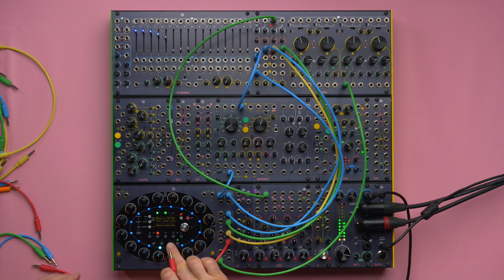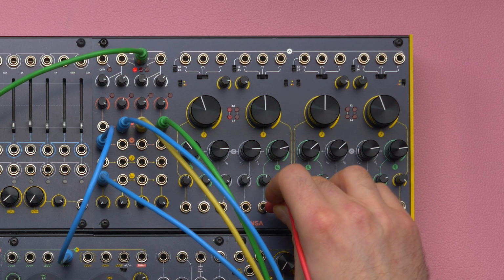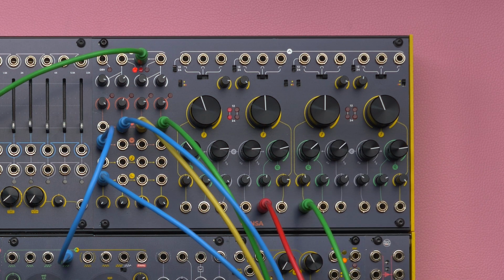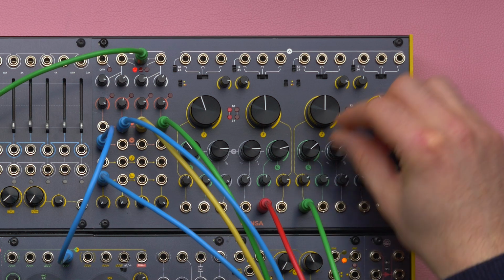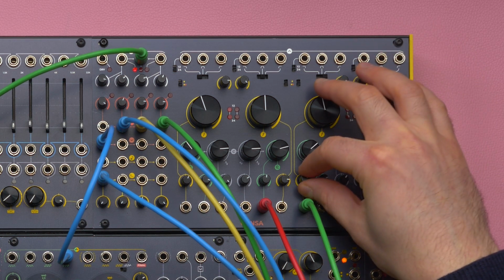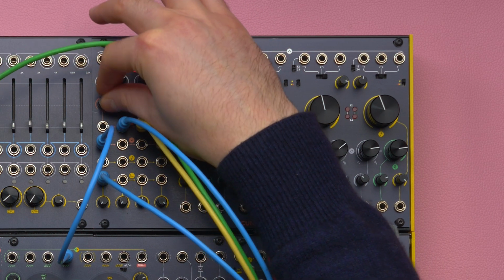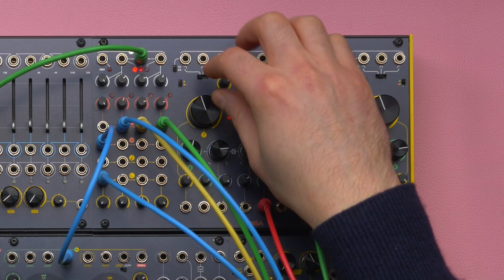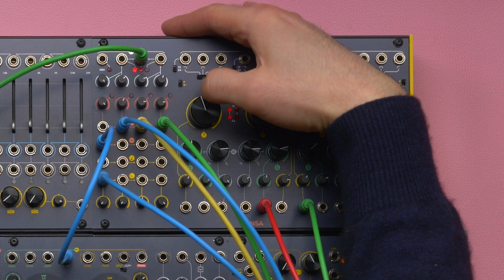And I can use other gate patterns to modulate, for example, the Q of certain filters, like this one. And I can use the internal mixer to bring certain filters up and down. For example, I want to give more presence to this bass. And if I want even more bass content, I don't know if at this point it will have any effect,